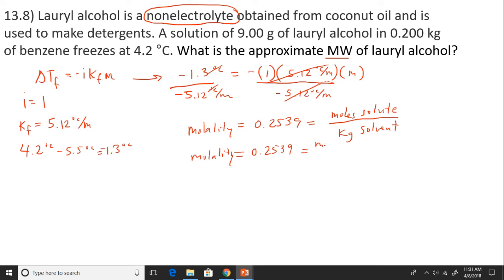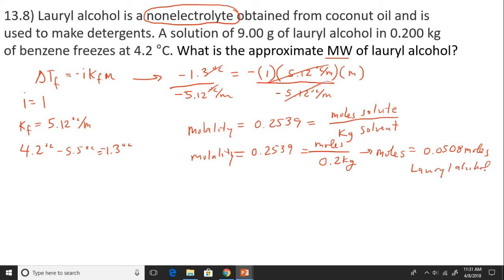We don't know how many moles we have of lauryl alcohol in solution, but we do know we have 0.2 kilograms of solvent. So multiply by 0.2, and we should find that we have approximately 0.0508 moles of lauryl alcohol